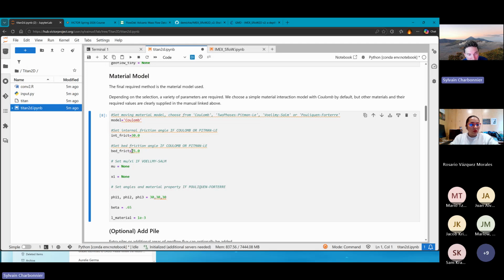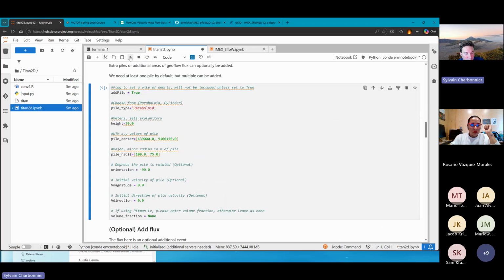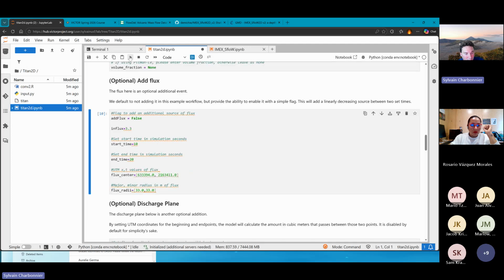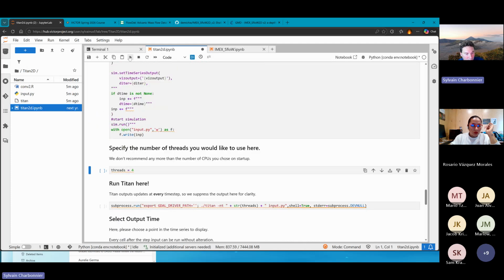Once you reach that cell, I want you to change the number called the basal friction angle. I'm going to leave it at 25, but I want you to choose a number between 8 and 25. Okay, so any number between 8 degrees and 25 degrees. Just change it in that cell. Once that's done, you can keep going until you reach the cell where we're going to actually run the model,